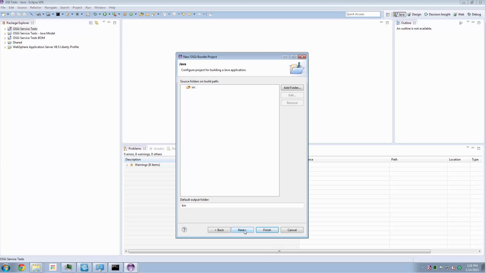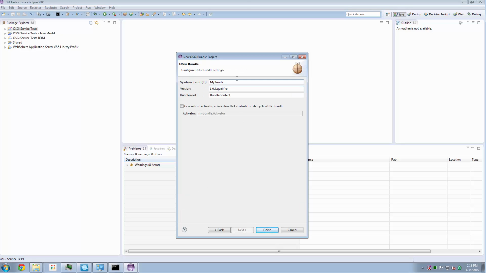Hit the next. This is where within our project our source code is going to be. Leave that as default. And here in the OSGi bundle setup is the name of our bundle, which version our code is going to be, and a very important concept called the bundle root. Now the bundle root is where within our project the bundle metadata is going to be. We want to set that to none. Delete anything which is in bundle root. We want our metadata to be right off the root of our project. I hit the finish button,